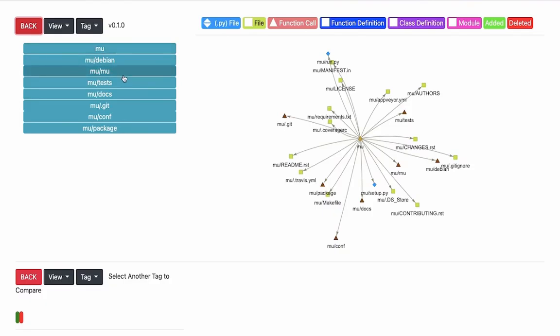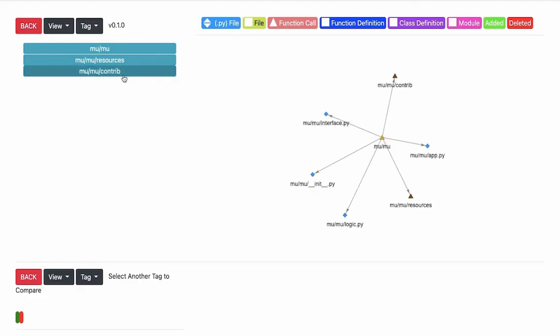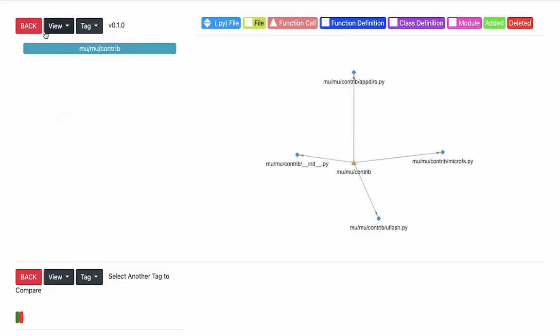If you want to see the directory view of another folder, click on that folder or subfolder and you can see the directory view. There is an option called view tab in which 4 different types of views are available, like the integrated view, collaboration view, and call graph view. If you want to see a particular view, select the particular subfolder, select the type of view that you want to see,